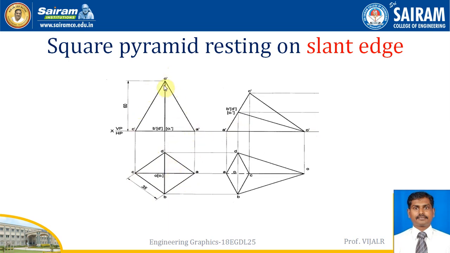Then take this AO as a radius, keep a point here, and make an arc, so you will get this distance. From AC as a radius, make an arc from here, and measure the distance O to C as a radius and make an arc from here. You will get this distance and this distance. Join the lines of the triangle, it's over. Then measure the distance between A and B, make an arc, and finish it off. This is the way you can tilt it. In the sketchbook you can draw it like this.